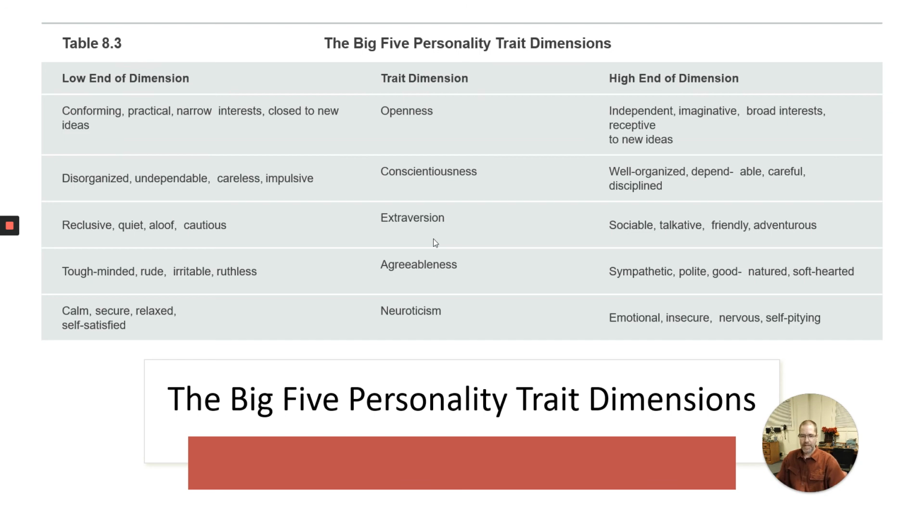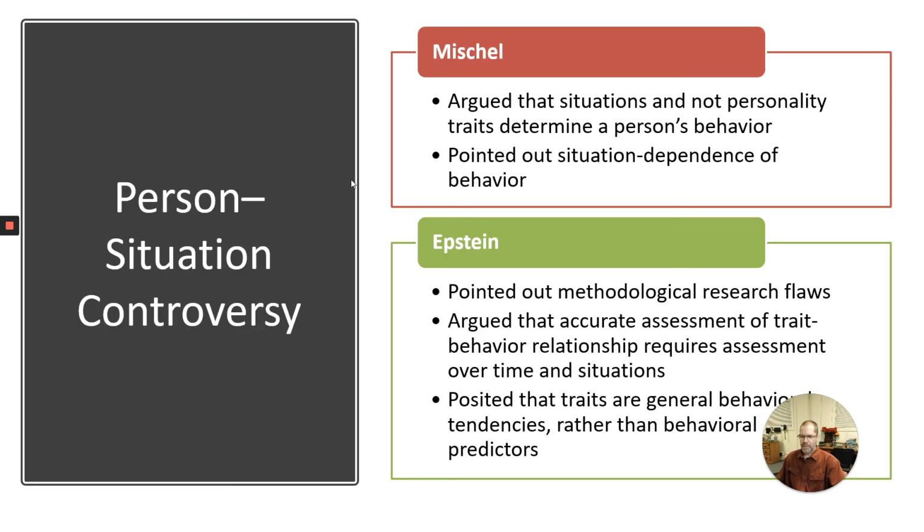On the neuroticism, the ability to just become locked in and focused and fixated on something. You just can't let go of it. So on the one hand, are you a very self-pitying type of person? Way over here, the ultra emotional, self-pitying, extremely nervous kind of person, or over on the other side, the calm, secure, relaxed, self-satisfied, the content person.